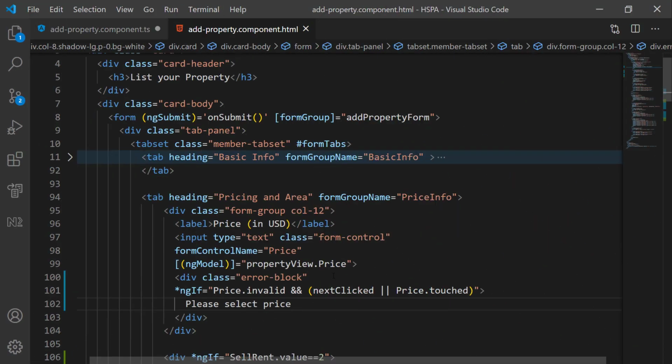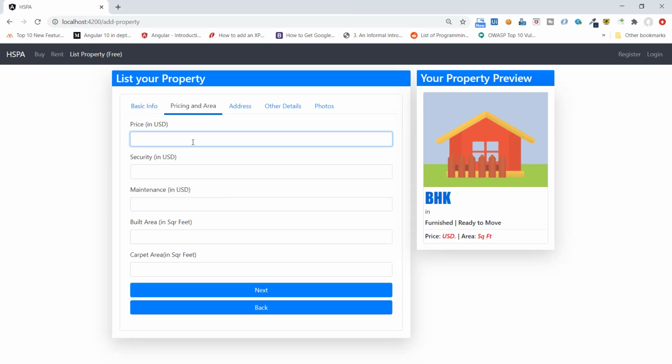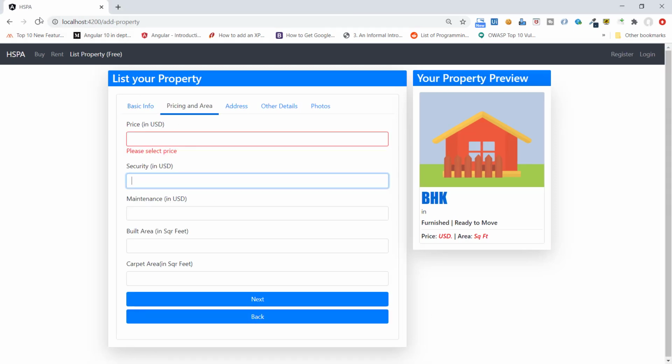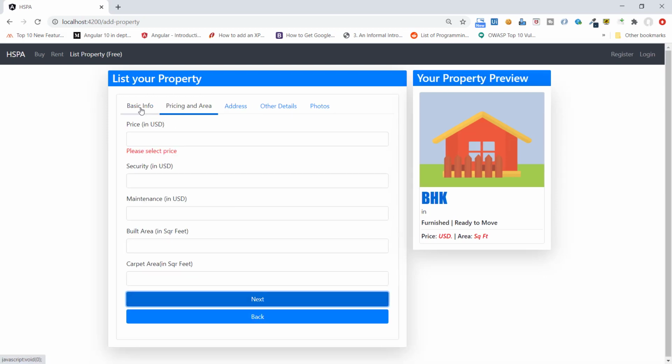So it will work in both ways. If the user passed through this mandatory field without entering any value, or the user clicked this next button without entering any value.